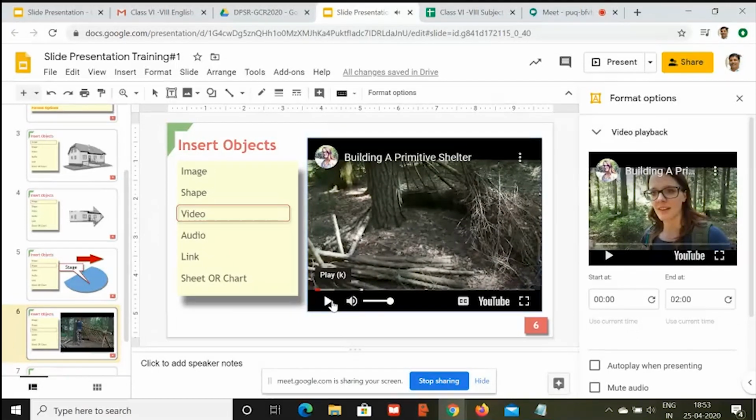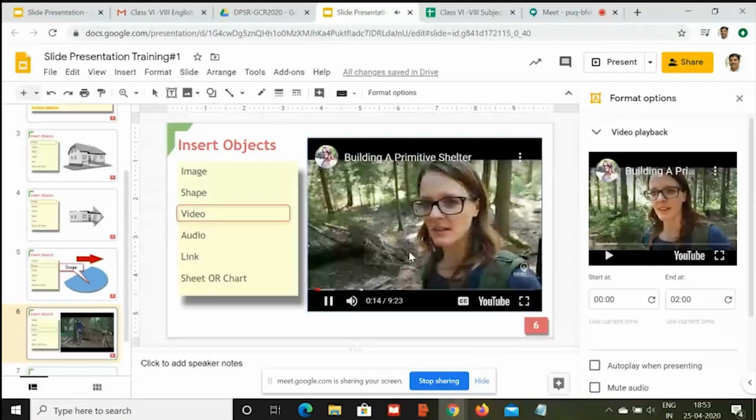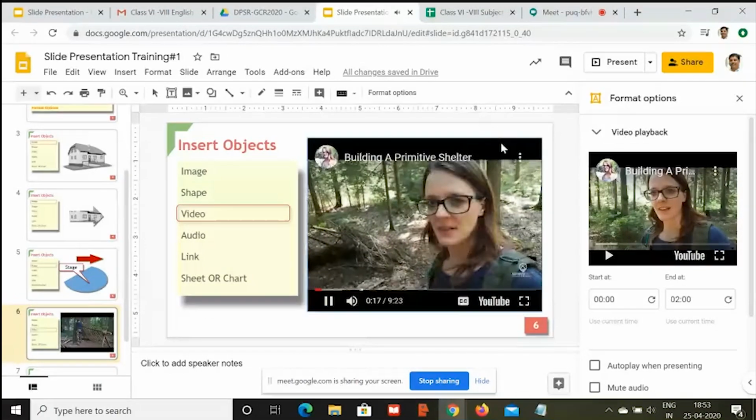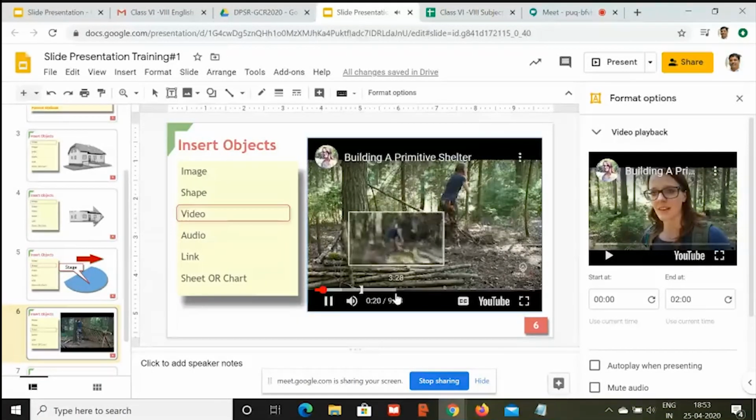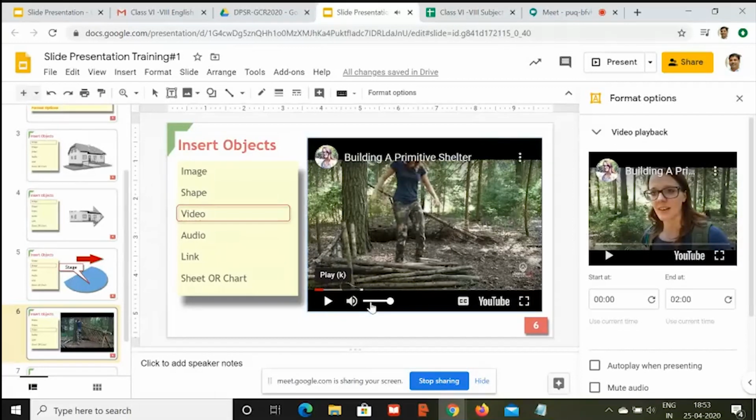Okay, so this is the way you can insert a video. Is there any question here? Somebody has unmuted: Sir, can you explain this inserting of the video once again, sir? Okay, let's remove it first. So I just selected, remove it from here. First, I have to pause, and then I have to remove this from here.